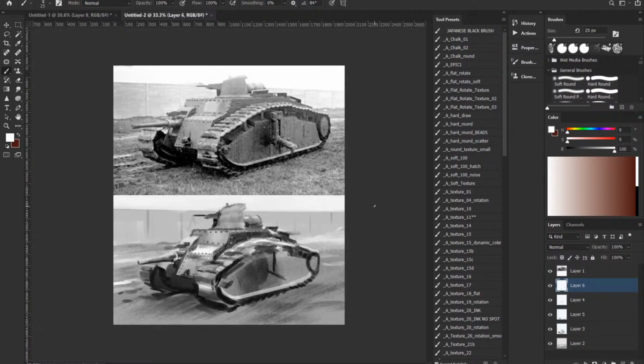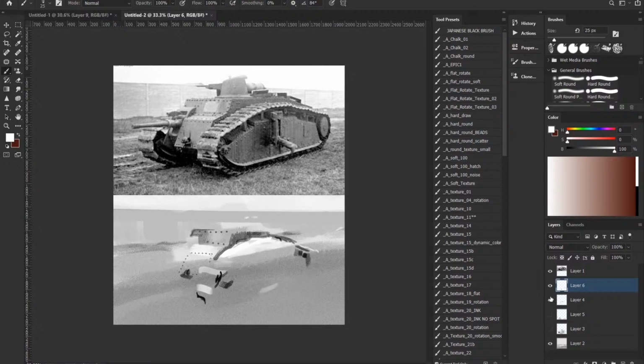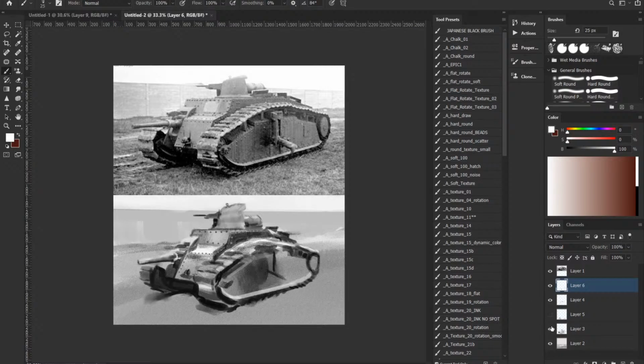Right, there's our tank. I am pretty tempted to leave it like that. I don't like a lot of the background, but